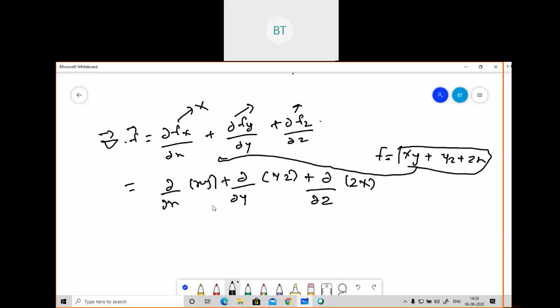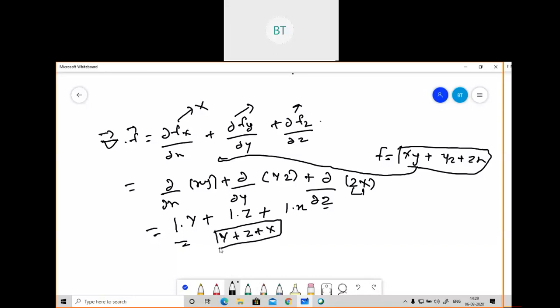Now I need to apply partial differentiation here, and everybody is aware of partial differentiation. Since it is del by del x and the x term is there, it will get differentiated. When you differentiate x, you get 1, so 1 into y, the y term stays the same. Since we are talking about del by del y, the y term will get differentiated and become 1, and z stays the same. After that, we apply partial differentiation on this term: del z is there, so the z term becomes 1, and we get x. So the term you are getting is y plus z plus x.